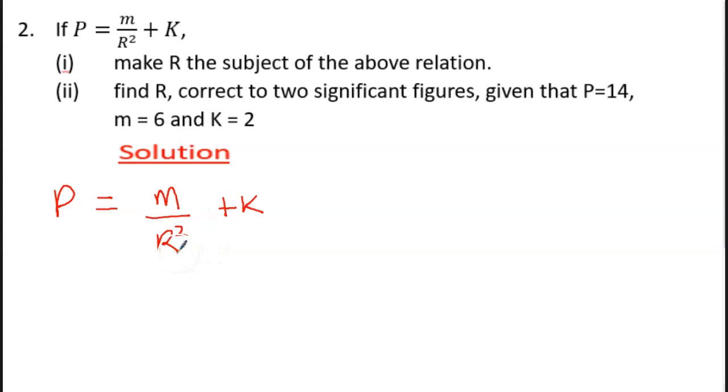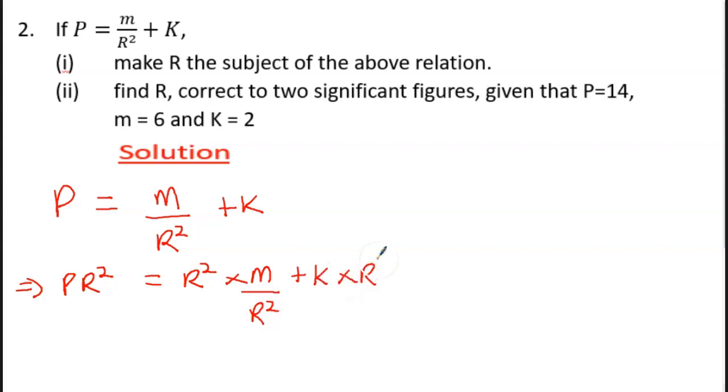In the previous lesson, I told you that when you have a fraction, what you can do is to multiply through by the LCM. Here the LCM is R squared. So we are going to multiply each term by R squared. So this implies that R squared times P, given as P R squared, is equal to R squared times M over R squared times R squared. So this R squared will cancel R squared, getting P R squared is equal to, here to be left with